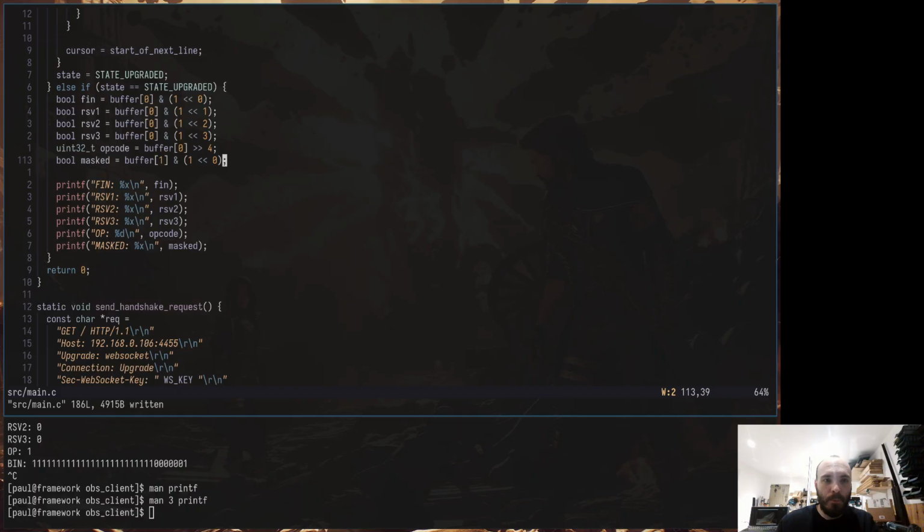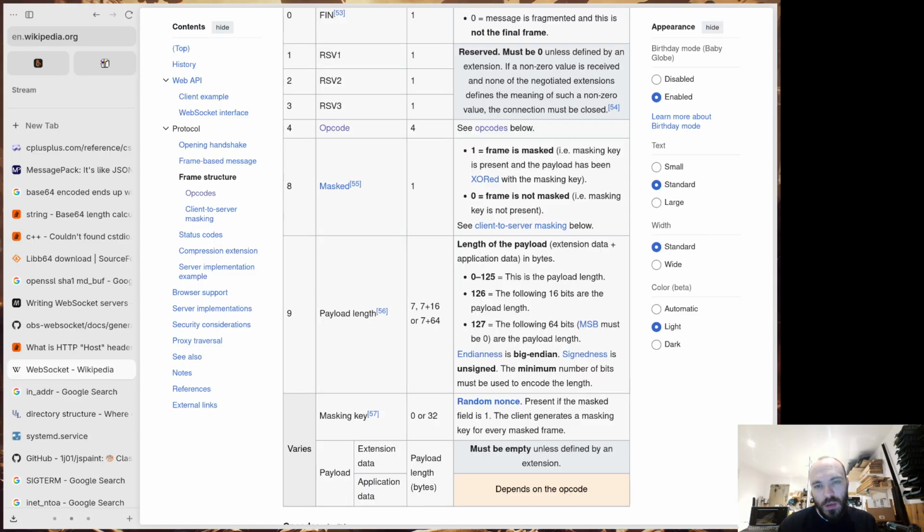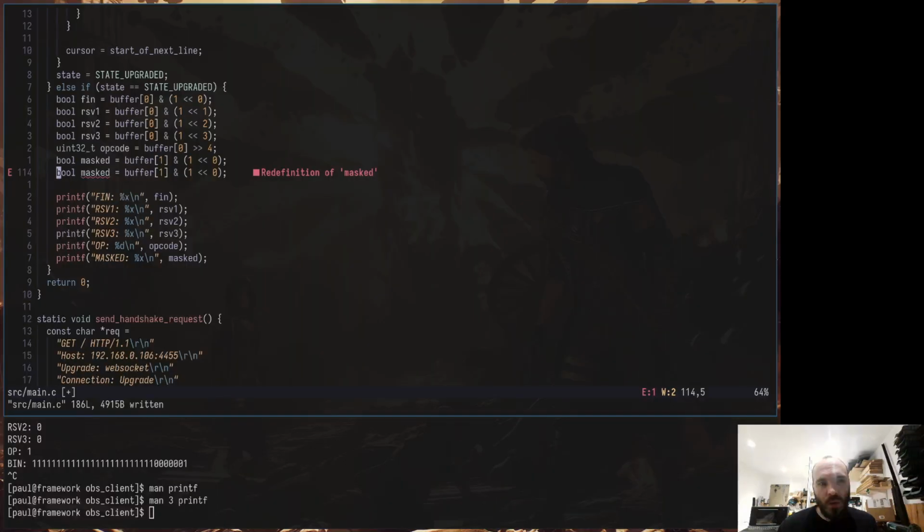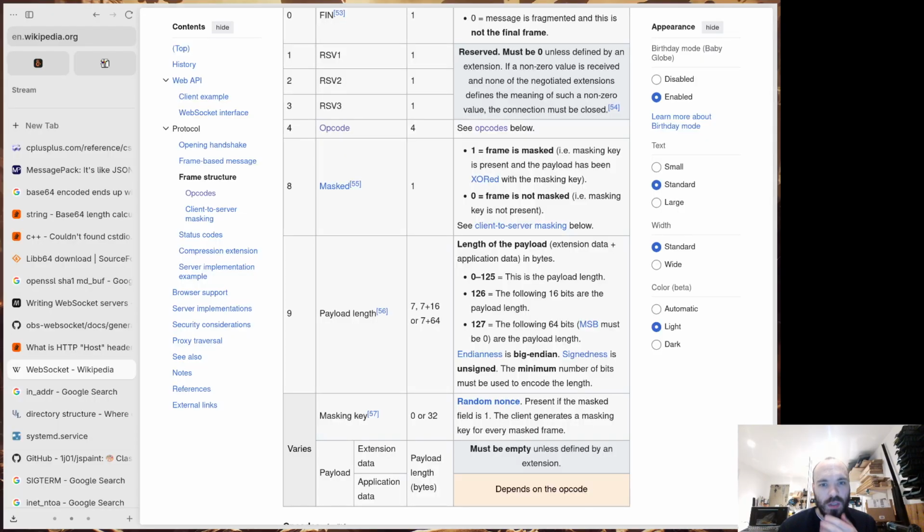So this is called payload length, extension data, plus application data. It's not really telling me what the second one is. So I'm going to say payload length code, or something like that. Maybe a char. Payload length code. Now what's interesting is 7,